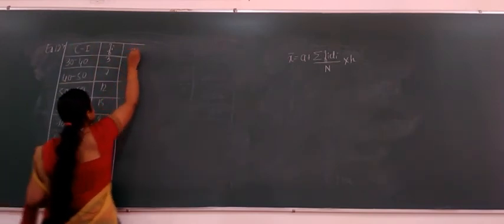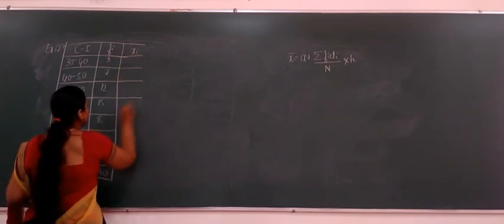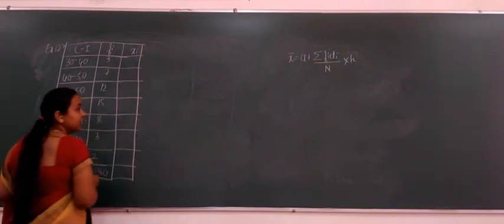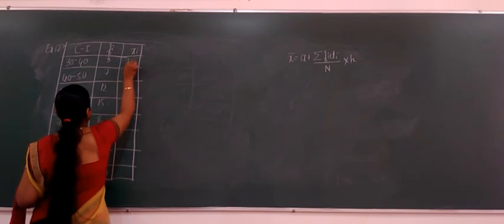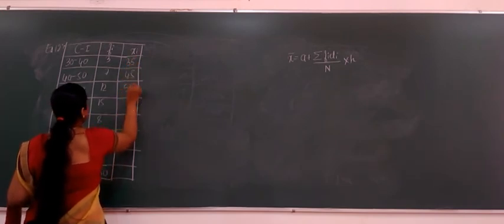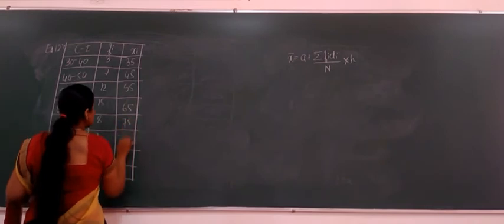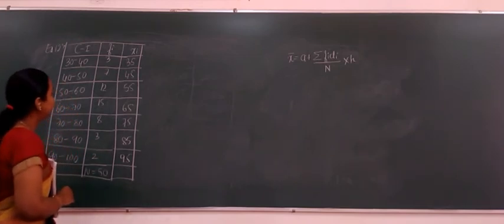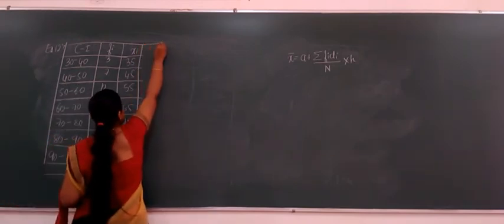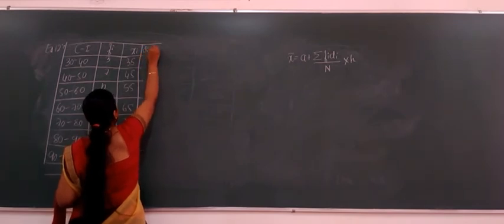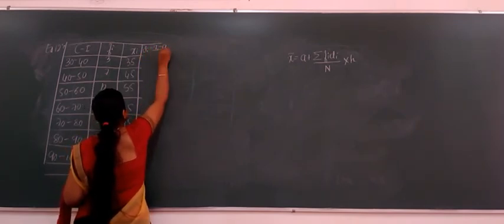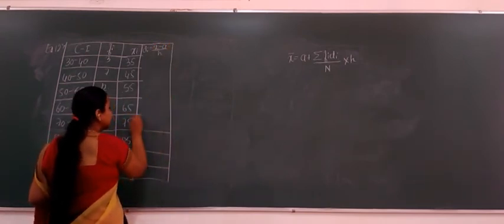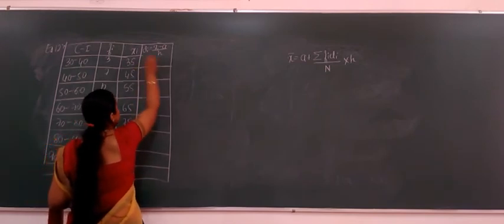So our next column is xi. What will be the midpoints for these given intervals which we have already written for example 10? It is 35, 45, 55, 65, 75, 85 and 95. Okay, so we know that these xi's have to be converted to di. How do you convert? xi minus assumed mean, divided by class width, right?